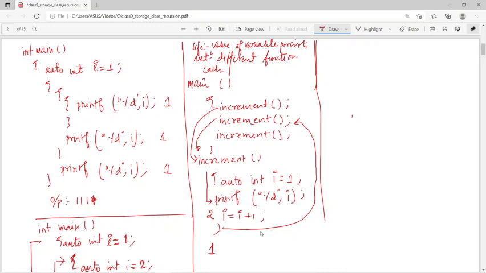So what will happen: the program will start from main, it will call the increment function, it will jump to the increment function. Here the value of i is 1, it will print the value of i equals 1, then it will increment the value, i equals i plus 1. That means after printing 1, it will make the value of i 2, but when it goes back from the function, the auto variable i will forget its value,